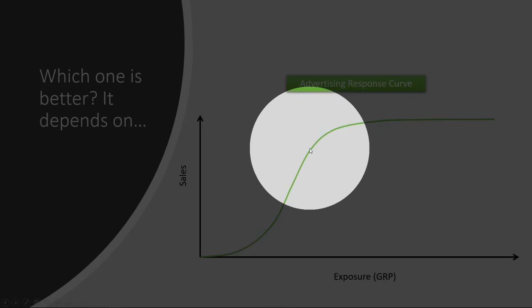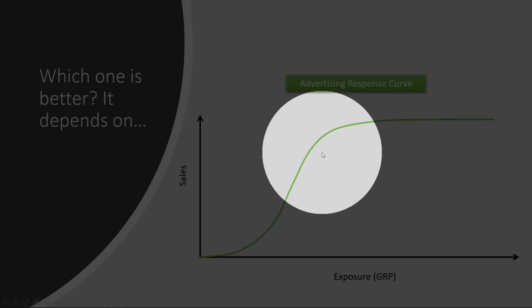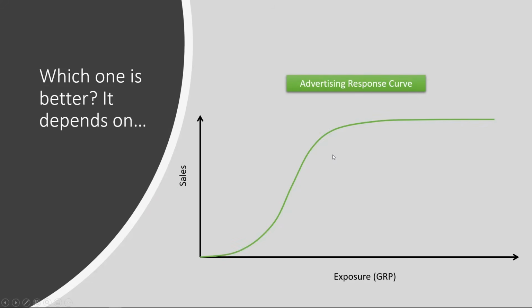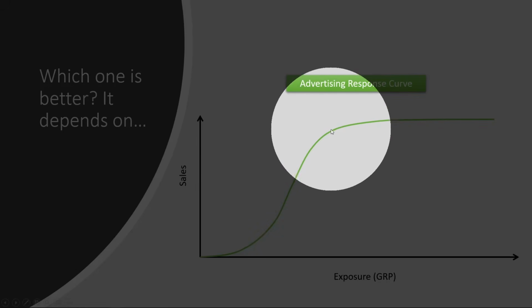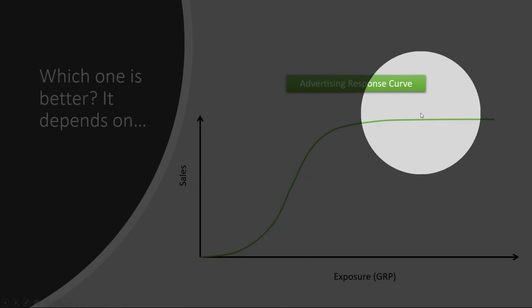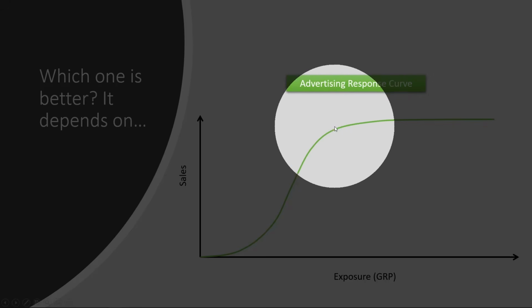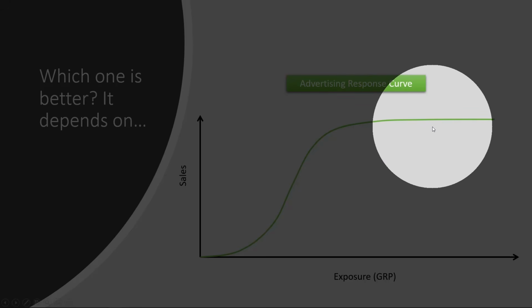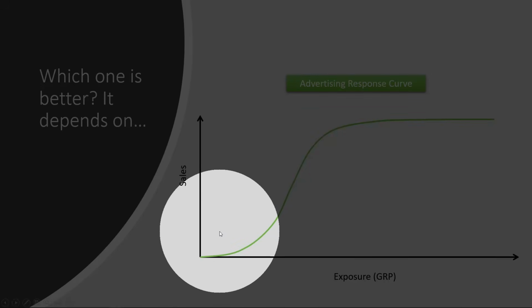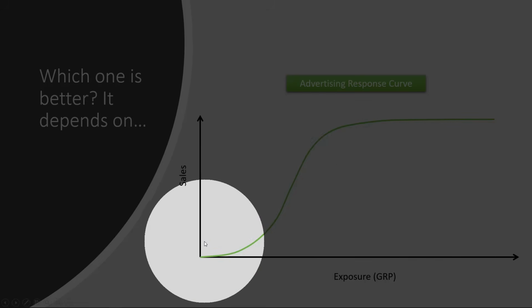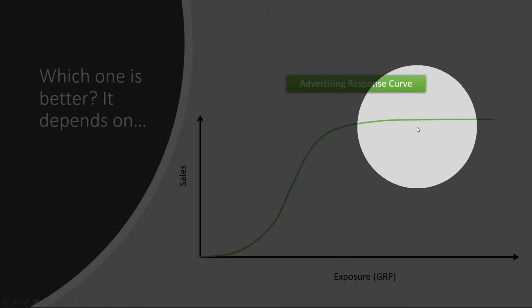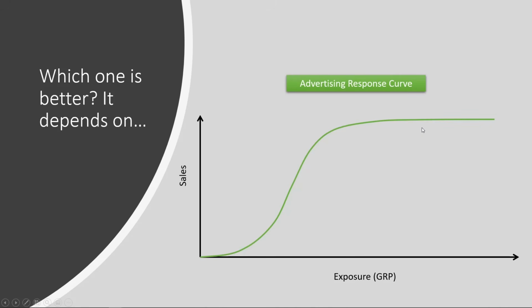And then when you spend more and more advertising, when you spend too much, you're going to saturate the market. That is, when everybody has seen your ads 20 times, running more ads would become less and less effective, even with no effect. So you are wasting money when you run too many ads. So depending on the products, the ads, the context, this curve can bend up, this curve can bend down, but it generally is an S-shaped curve.